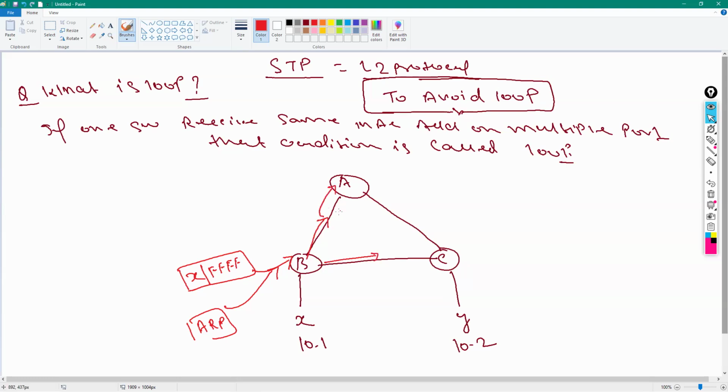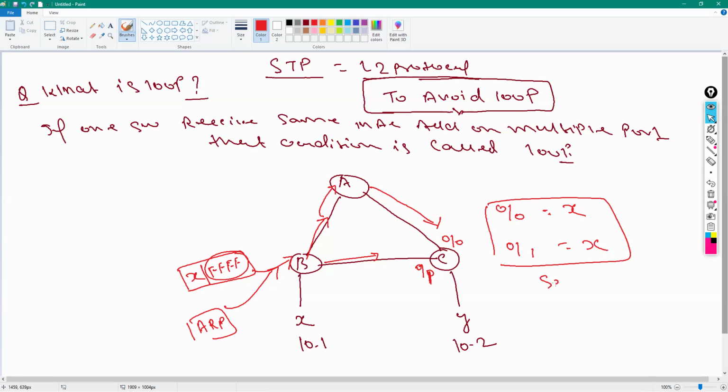This packet will reach switch A. Switch A will check the destination MAC address, FFFF, and forward this packet towards switch C. So when this packet is received on switch C, it will see that it is receiving two packets, one on 0/0 and one on 0/1. On 0/0 I am getting source MAC address X, and on 0/1 again I am getting source MAC address X. It means the same MAC address is being received on both interfaces. Getting my point? So this type of condition is called